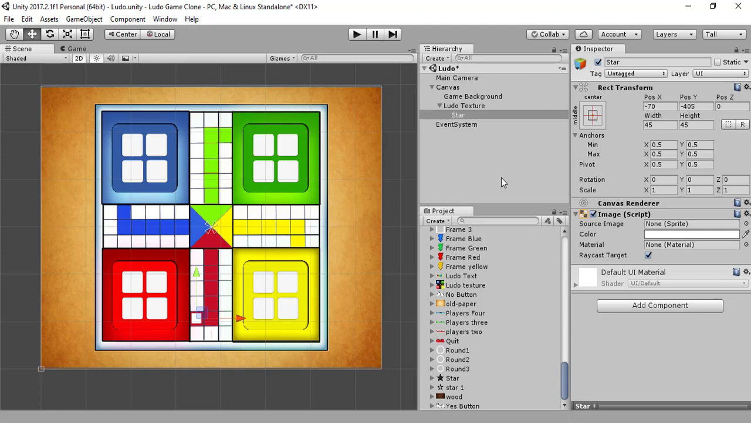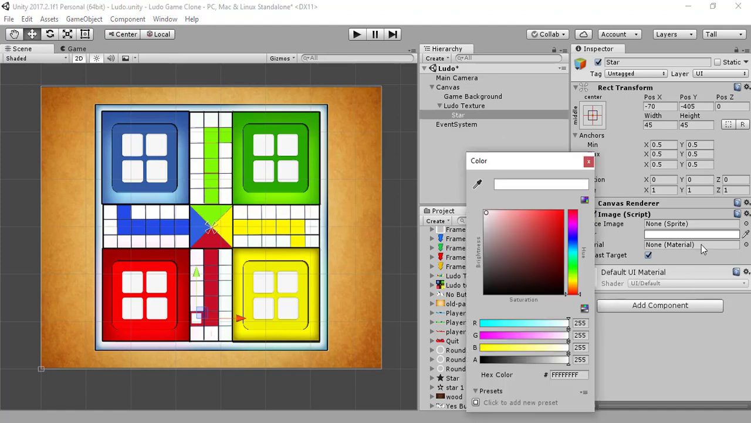So this will be our star, or the stop, where we can't hit the other player's stone. Basically it's a safe spot, and it's also the starting point for each and every player, like this, and for blue, green and yellow. Okay, so this is it, and let me make it